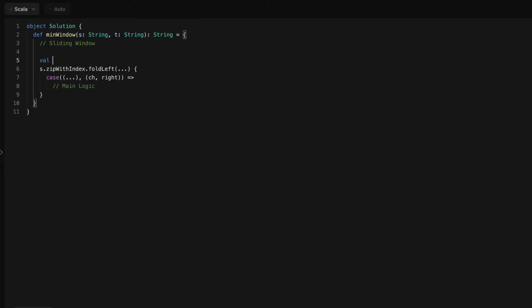So we are saying a map, which will be a map of char and int, and we are saying T, so we are going to create a map, and that map will be t.groupBy with identity. Identity is a lambda function which says x to x. Like if we have, it's just like that, x to x. So instead of doing that, we will say identity,